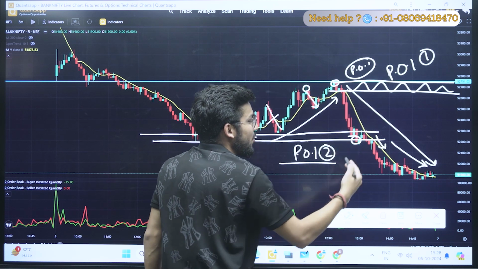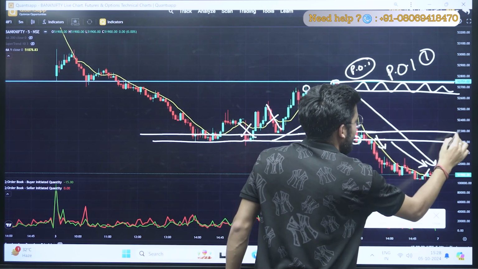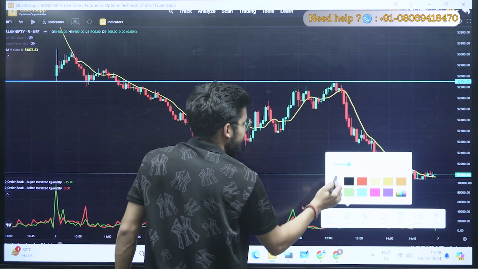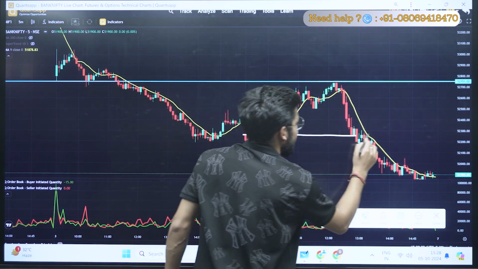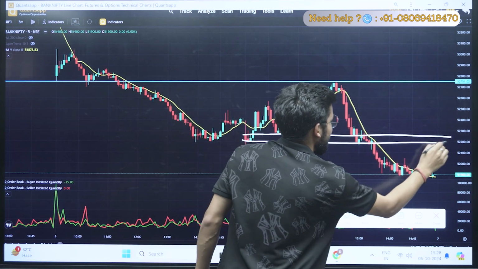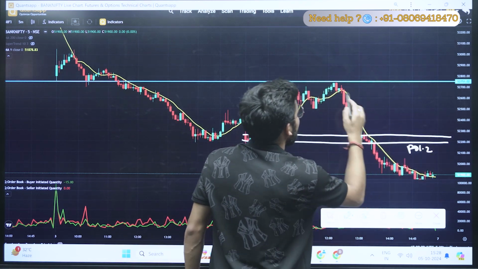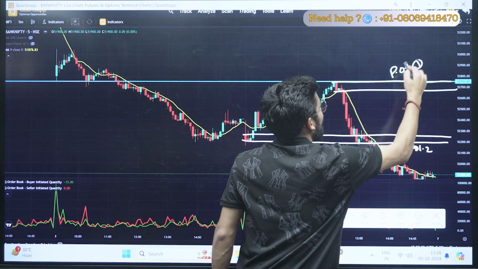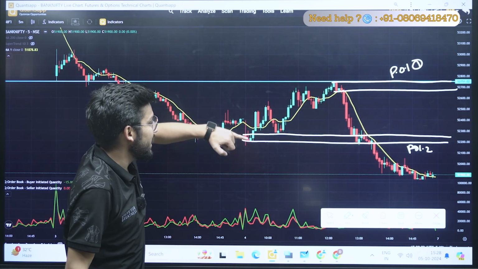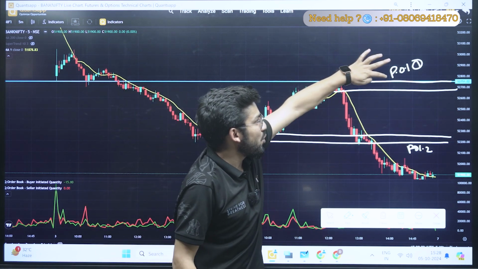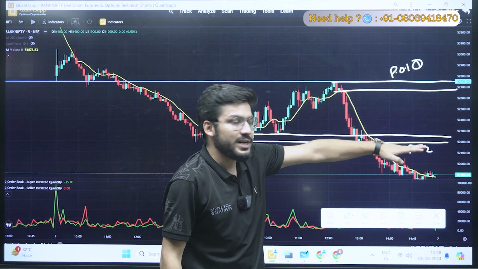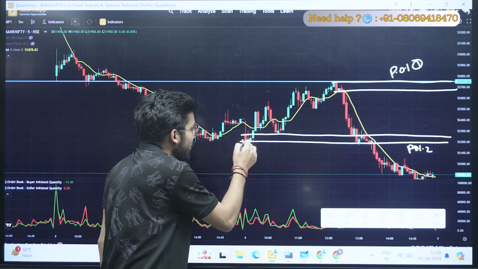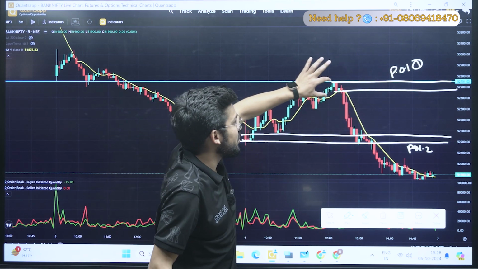Now at any point of time, if your market reverses, let me clear it for you. Okay, I'll draw the point of interest again. So this was my point of interest 2, and this was my point of interest 1. Why have I drawn the point of interest? Because from this point a good movement started in the upward direction. From this point a good bearish movement started in this direction, right? That is why I have taken the lowest candle, and from the closing and the opening I have drawn a zone. Similarly here also, right?